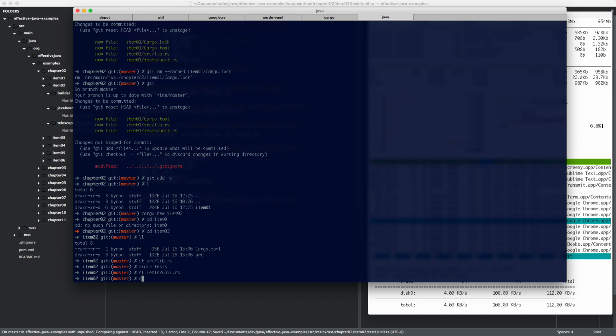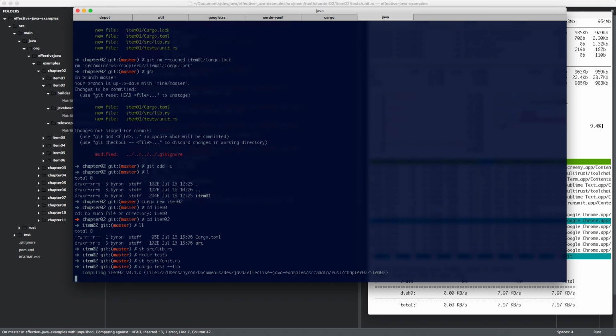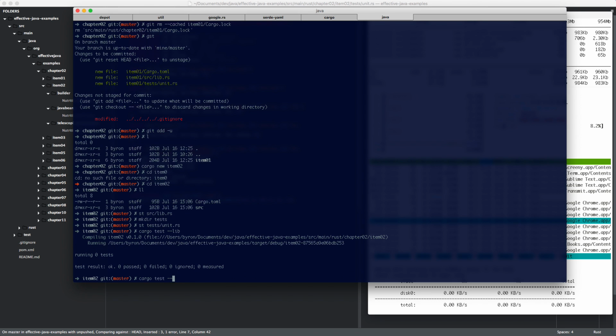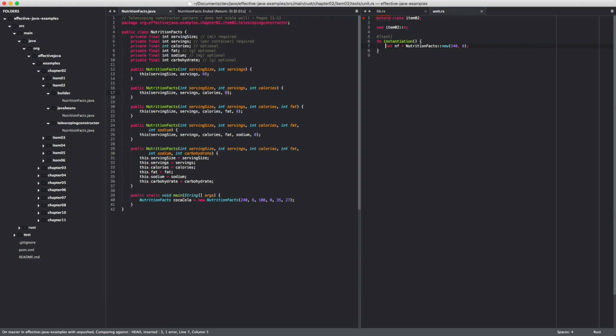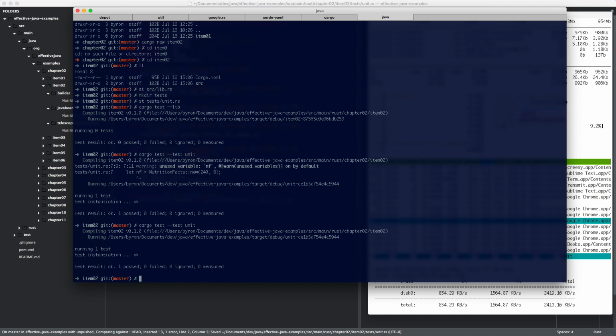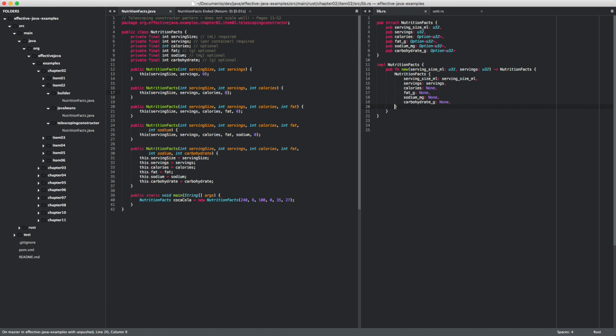Let's test it. Cargo test lib. Oh, actually we don't have lib test. Cargo test unit. And there we go. Yeah. Can I just call this without doing anything with it? I can. Good. So that is that. That's the kind of telescoping thing. Even though